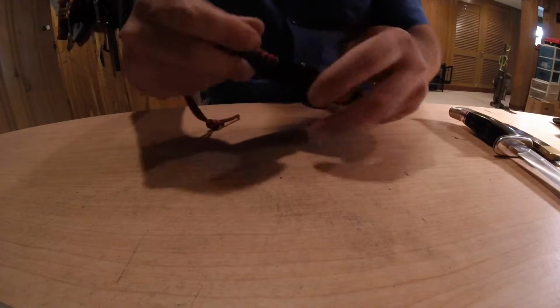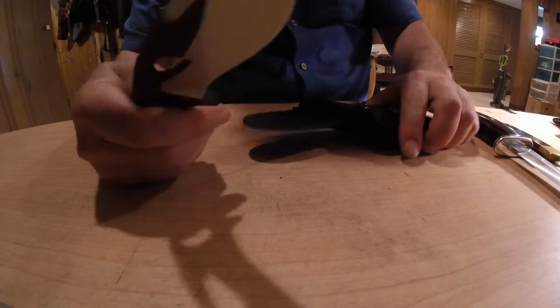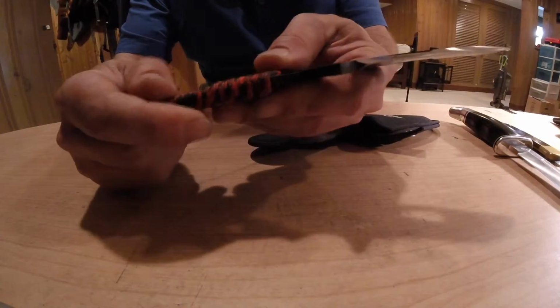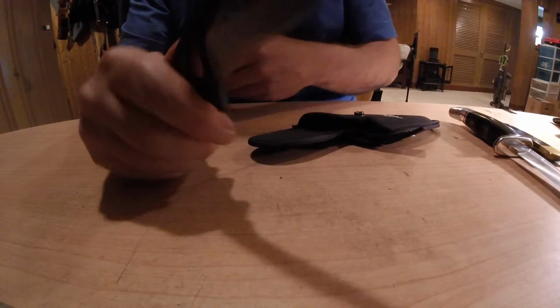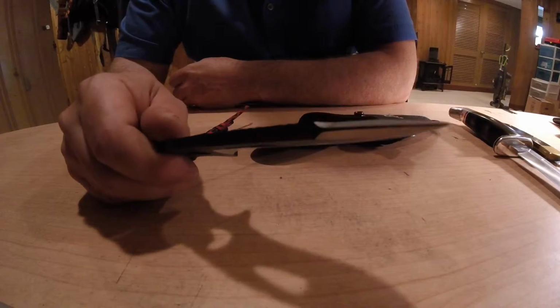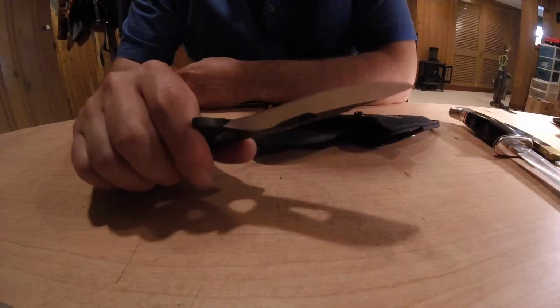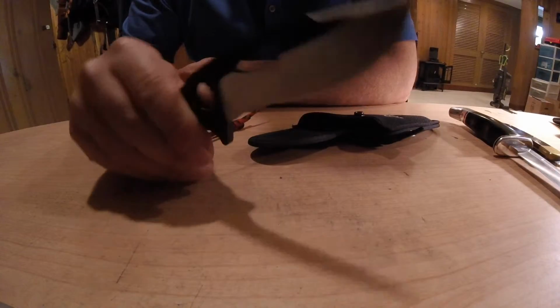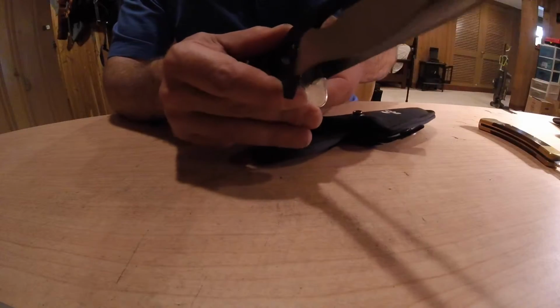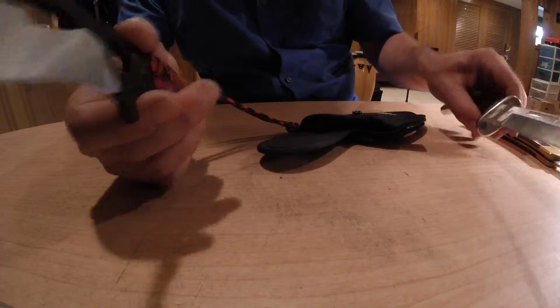Well, since I was enjoying the Buck products, I went ahead and picked up this Bucklight Skinner. Now this knife was around $35, and I wrapped some paracord around it and experimented. It's been used as a camp knife, mostly for preparing food. Could be used for bushcraft, I'm sure. And again, it's very, very thick. It's actually the same thickness as the Buck 119,